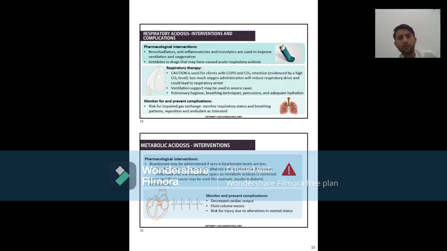Potassium shifts back into the intracellular space as metabolic acidosis is corrected. Drug-specific use may be, for example, insulin in diabetic ketoacidosis. We prevent the patient from the breakdown of fat by utilizing insulin in this condition. Monitor and prevent complications such as decreased cardiac output, fluid volume excess, and risk for injury due to alteration in